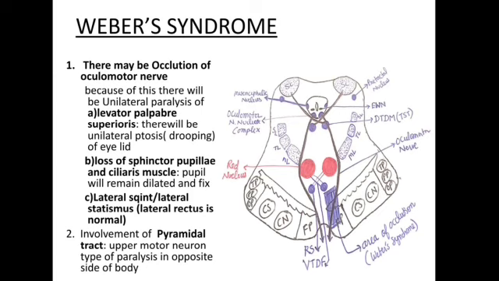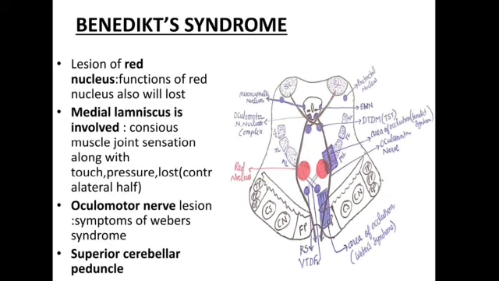Because of involvement of pyramidal tract, there will be upper motor neuron type of paralysis on the opposite side of body. So this is all about Weber syndrome. Next syndrome is Benedict syndrome. Benedict syndrome,